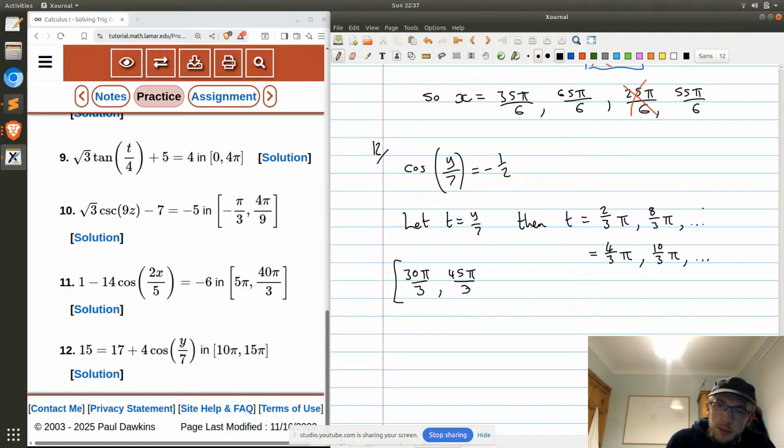Just one more. By 7, not in range. By 7, it is in range. By 7, it's out. By 7, not in range. By 7, not in range as well. So I do think that the only solution